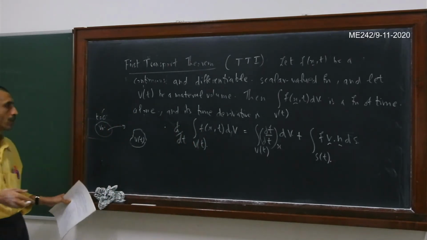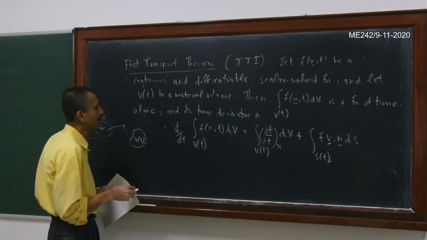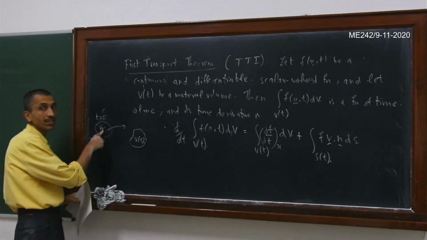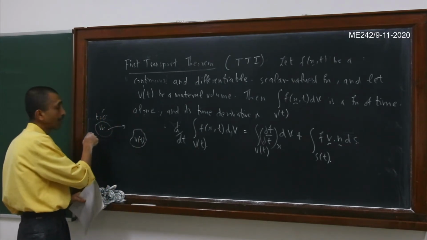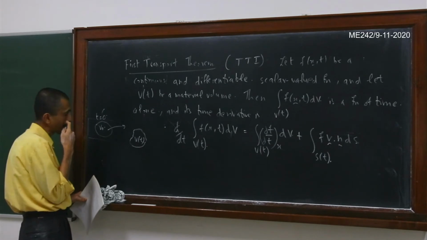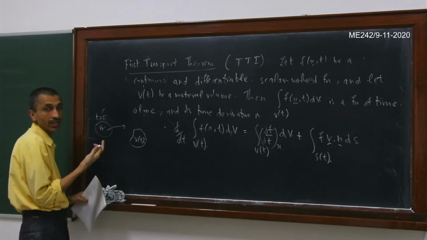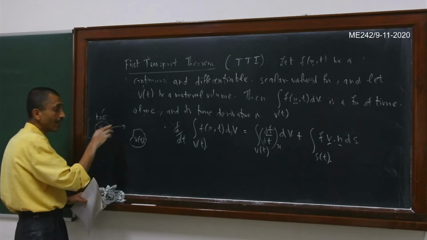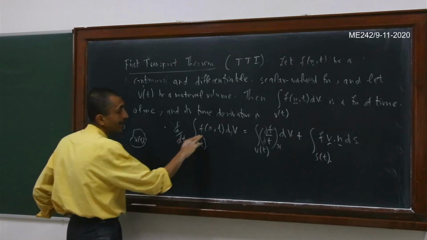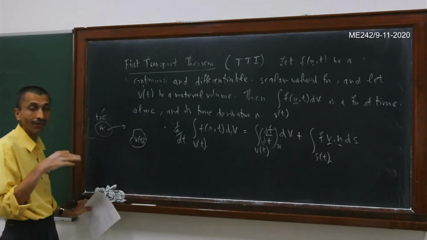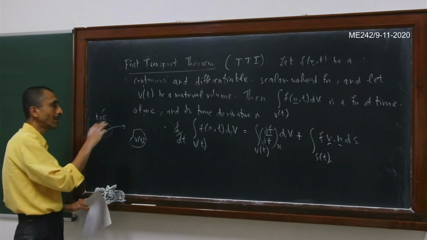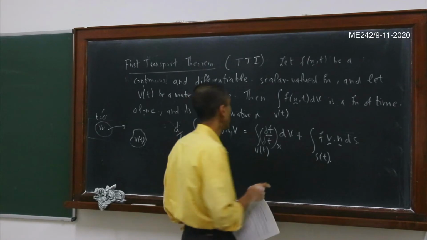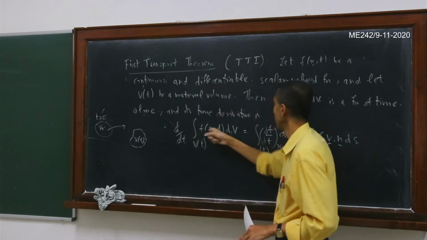Okay, so in the proof, what we will do is first transform this integral, which is over V of t, to an integral over V0, which is the material volume in the reference configuration. Then this V0 is not changing with time because that is evaluated at time t equal to 0. Then in V0 we can take the d by dt inside the integral sign. Then we will differentiate, and then again we will transform it back to the V of t. So that is what I am saying. See now, that is why, if you just took this inside, you would get this term.